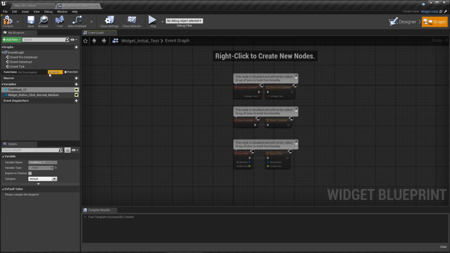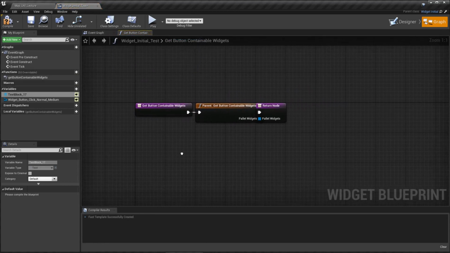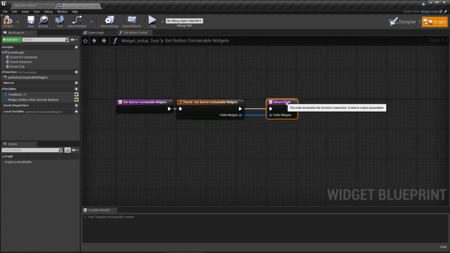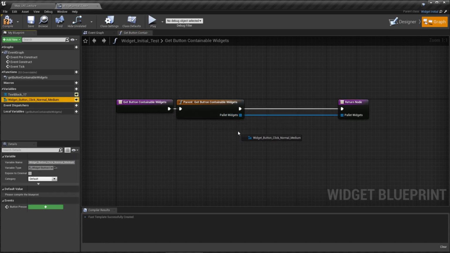So what you need to do is to override get button containable widgets. And this function actually tells the system which buttons are inside your widget system. So what you need to do is to put all the buttons that you're going to be using inside this function and return those. So we start with the parent, and we've got a widget array, and we're simply going to add to this widget array